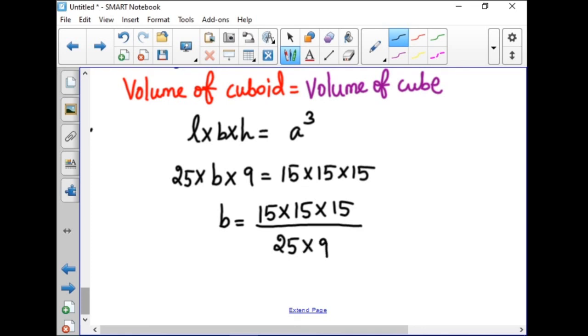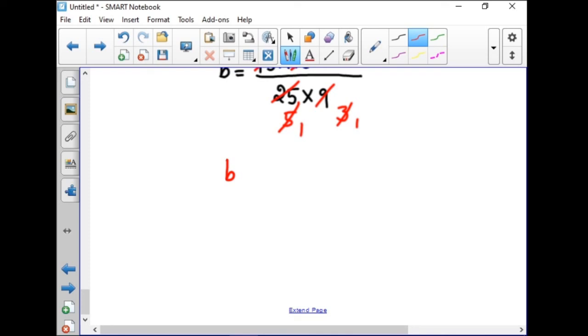Okay, so now we want to cancel the numbers. So we can use the 5 table. Okay, 3 5s are 15. Here 5 5s are 25. Then again 5 table. 1 5 is 5. Here 3 5s are 15. Then 9. 3 3s are 9. So here we have 1 3 is 3. Okay. Then again 1 3 is 3. Here 1 3 is 3. So what is remaining? In the numerator only we have 15. So that means B is equal to 15.